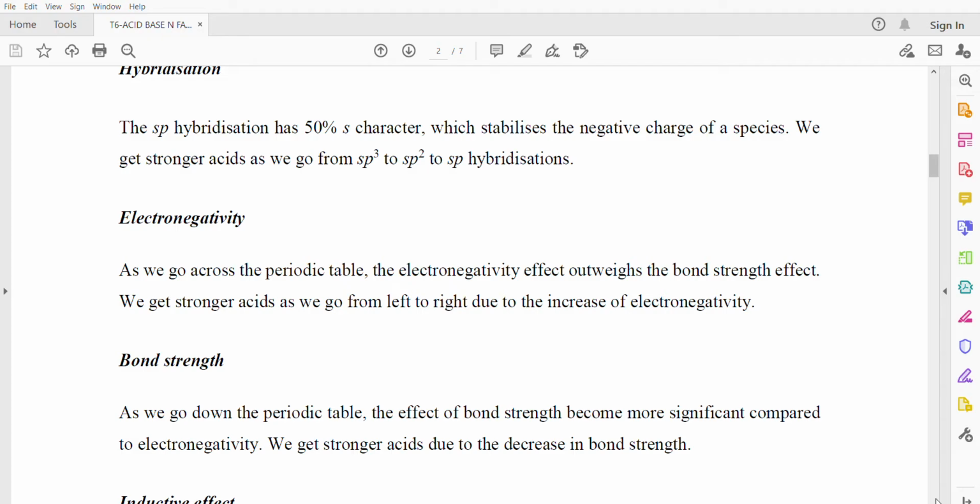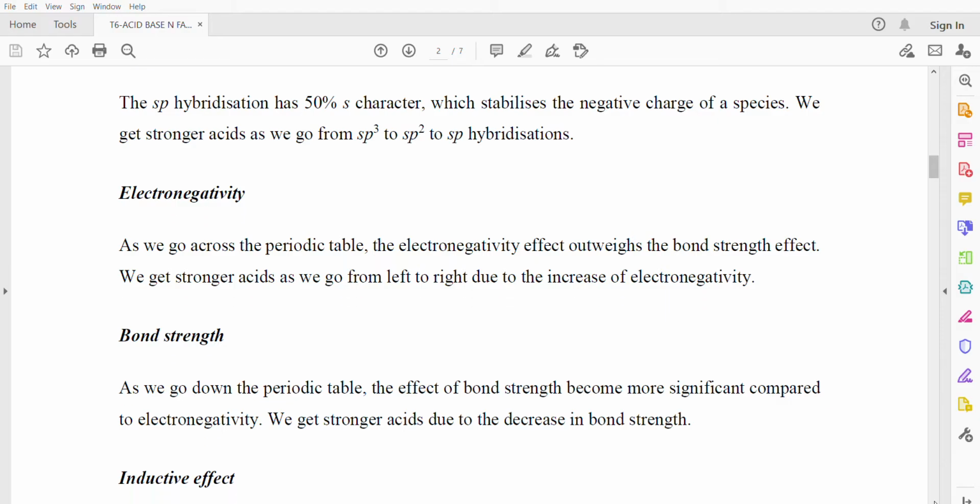So going towards outer orbitals, the hold of the proton is less effective as compared to the s orbital. The s orbital is near to the nucleus, so the hold of the proton is effective as compared to the effect on a far away p orbital. And bond strength,